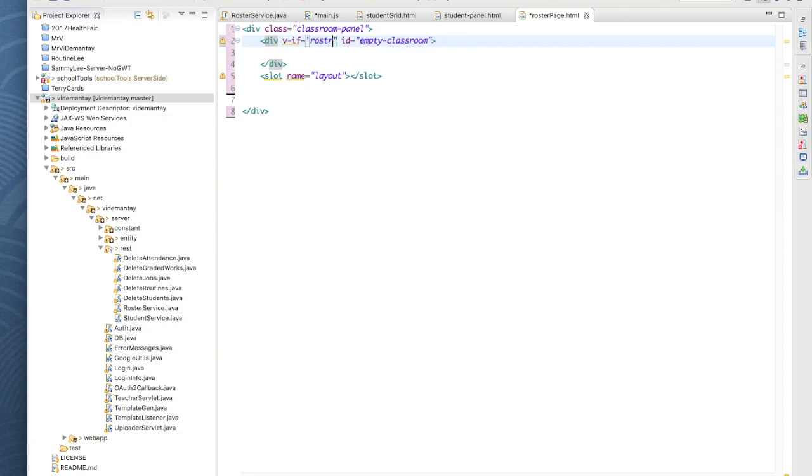Actually, we have a boolean roster, and if the roster is there, then we're fine. Or if there's no roster, if roster is actually equal to null, then we'll pull this stuff out. All right, so if roster null,